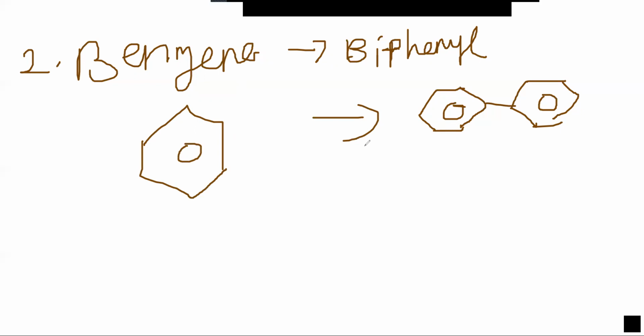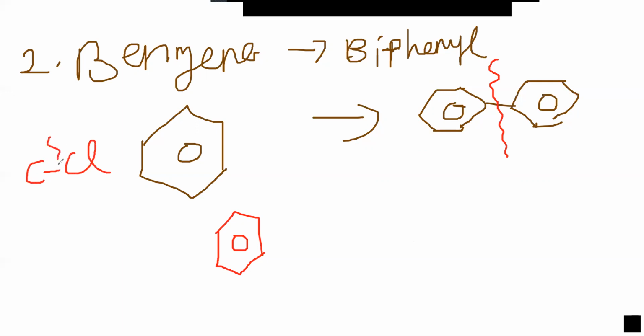So how to do this kind of conversion is, you have to work only from the backside. So just cut this bond between the two benzene rings. So this part one molecule and this part one molecule. So two benzene, but I have already told in the tips of organic conversions, the C-Cl bond can be easily cleaved. That is, C-Cl is a very good leaving group. That means the bond between C-Cl is very weak. Anytime if you want to remove the chlorine, you can remove. So whatever compound you want to introduce, you can introduce with the carbon. So the C-Cl bond is very weak.